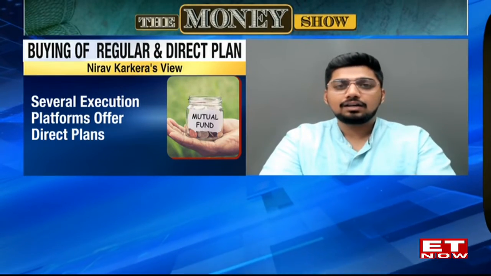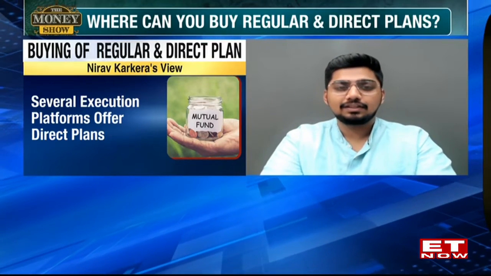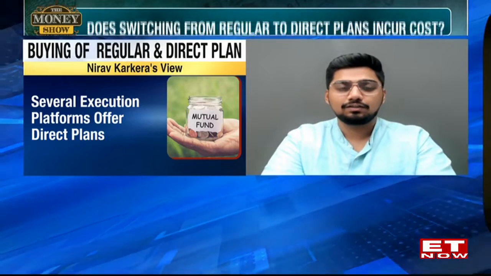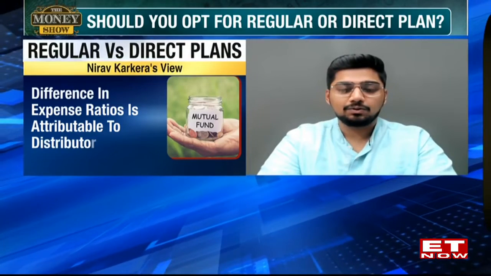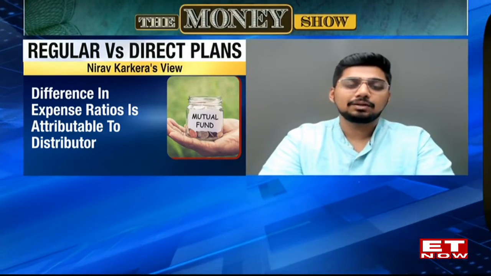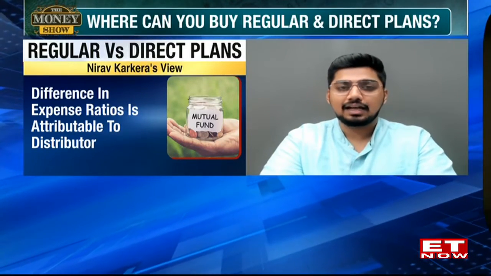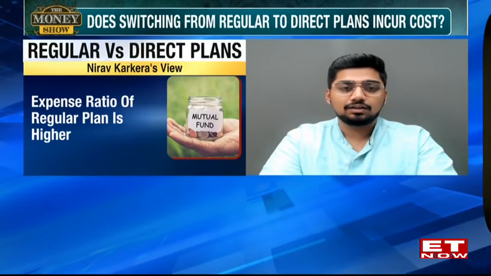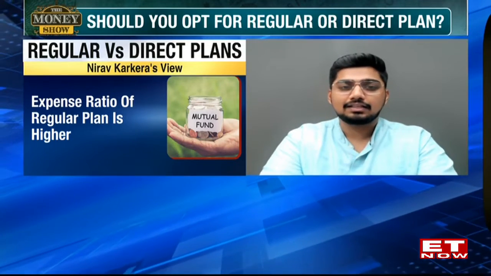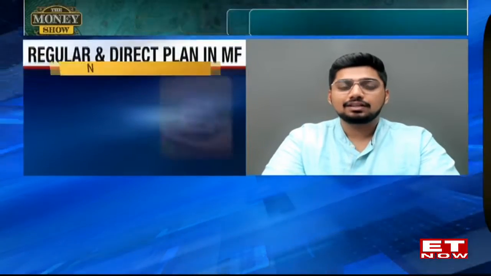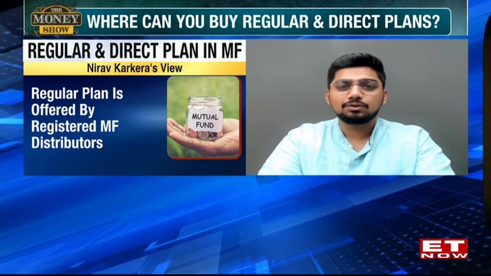So there is a marked difference between the expense ratio of a regular plan and a direct plan. And in fact, this difference in the expense ratio makes the whole world of difference to an investor. So what happens in a regular plan is that this expense ratio also includes a component of distributable commission. So let's say the actual expenses that an AMC wishes to charge to a fund is X. The expense charged to a regular plan is, let's say, X plus a certain percentage. Now this certain percentage is the percentage that is generally reserved and set aside to be distributed to distributors